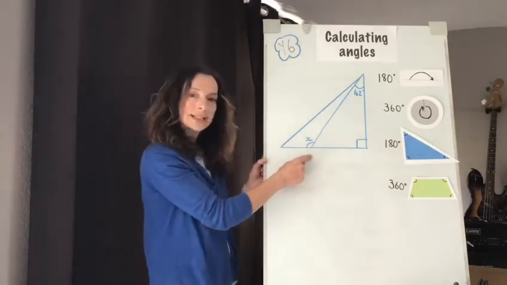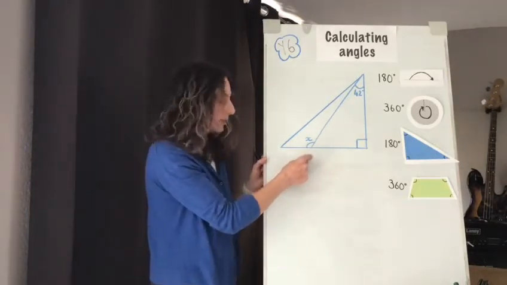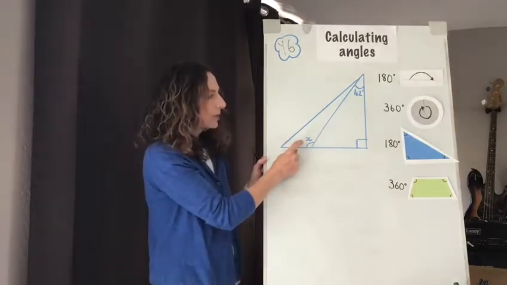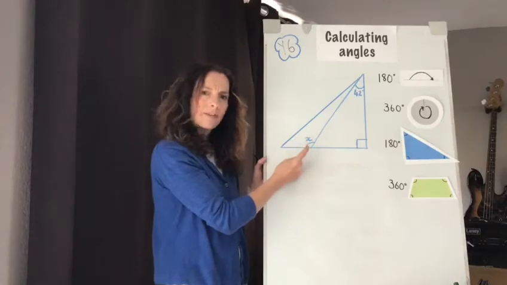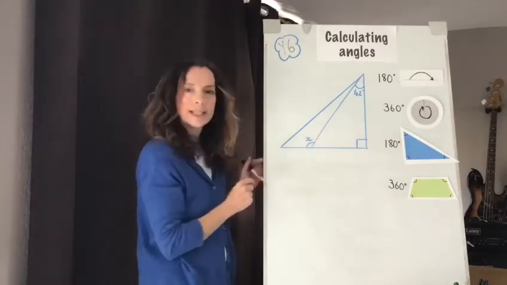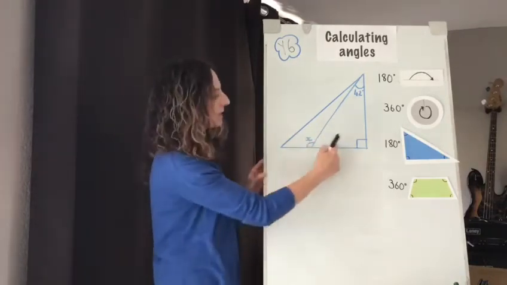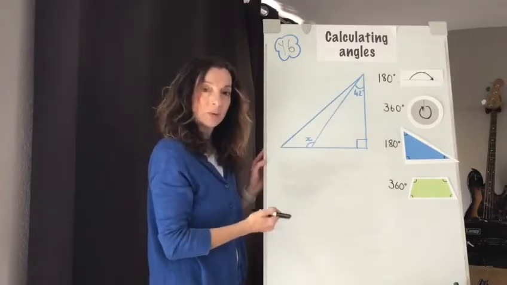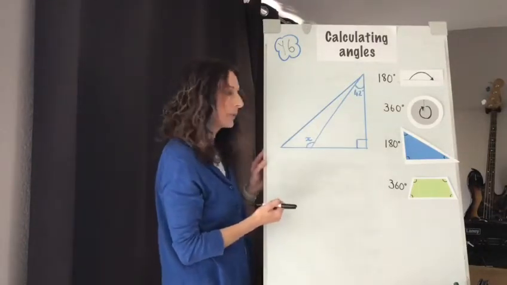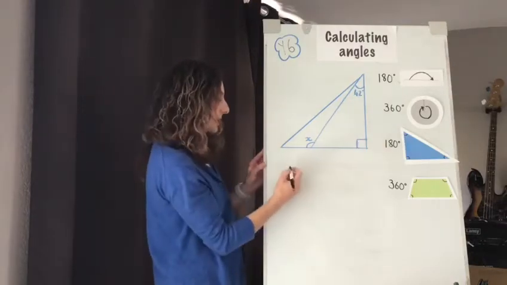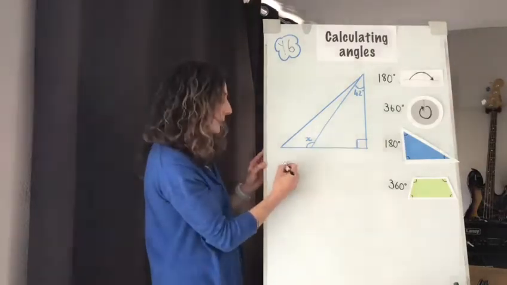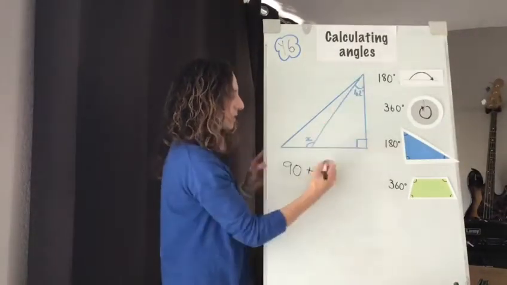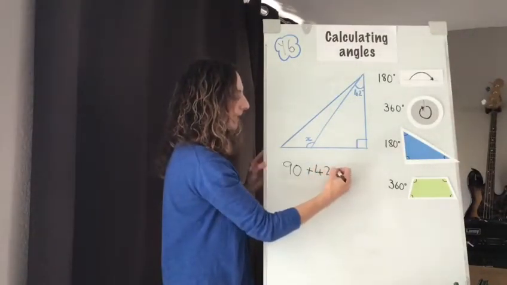So let's look at our first example. The angle we're asked to find is angle X, which is here. But in order to do that, we're first going to have to work out this one. If we look at this triangle, we've already been given two of the angles, and that's enough to help us work out the third. We know that this symbol represents a right angle, which is 90 degrees. So we're going to add 90 to 42, and that gives us